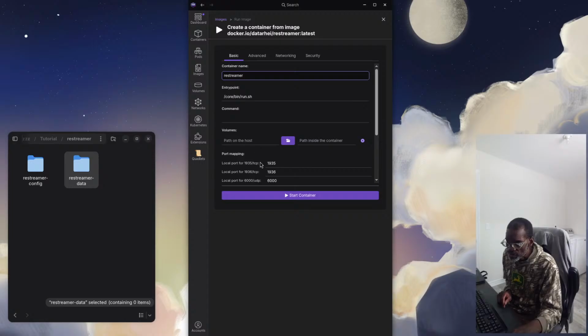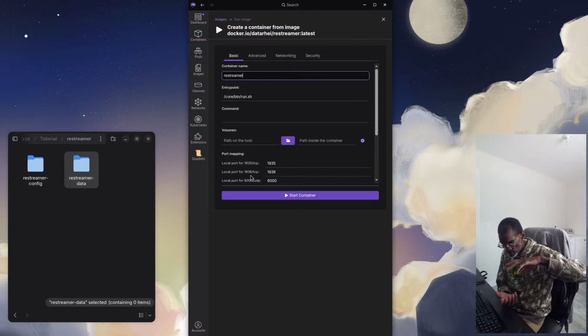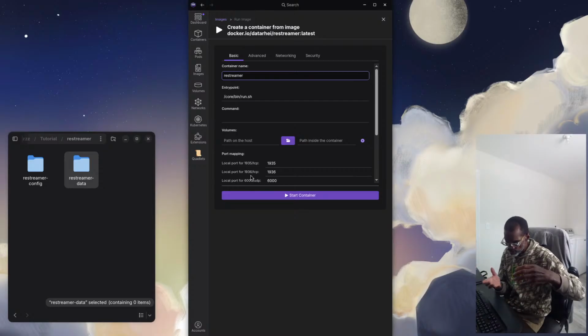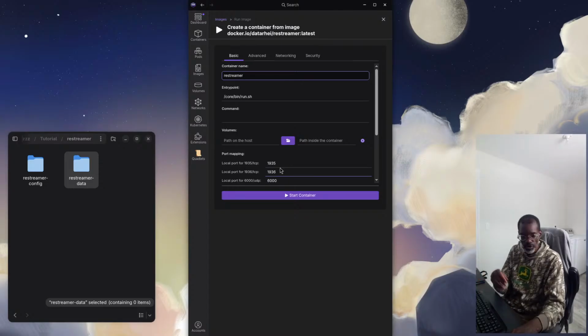Then when we go down here, you see the port mapping. Now, because we're using Podman, be careful because Podman is rootless. So that means that by default, the port number should be above 1000. The reason for that is because the user ID is 1000. So in Linux, and I'm guessing any Unix-type system, that would probably include Mac OS as well, any port number above 1000 is perfectly fine. So for example, if this was port 35, I would have to put 1035 or 10,000, whatever, as long as it's above 1000.